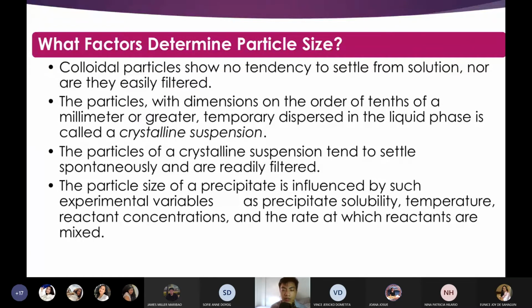Okay? So again, colloidal particles, they do not tend to settle down from the solution. Bakit? Hindi kasi sila malaki, no? Hindi malaki yung particle size to be affected by gravity. So hindi siya mahihila ng gravity. So that means nakahalo lang yun dun sa liquid. So as a result, mahirap siya i-filter, no? Kasi hindi agad nagse-separate yung liquid sa colloids mo. Okay? So yan. Second one is that the particles with dimension,